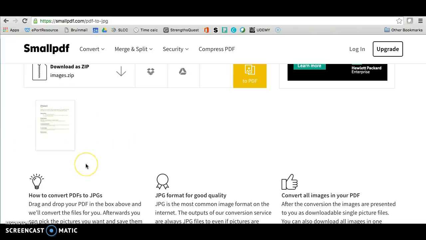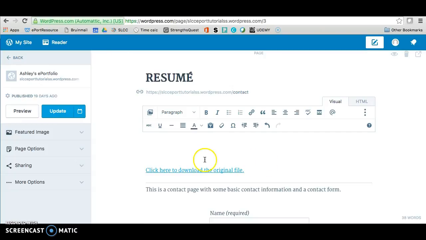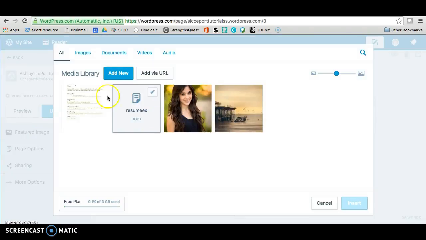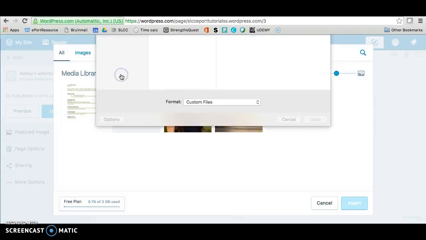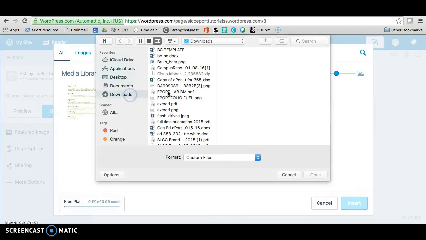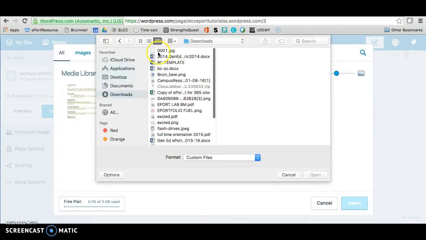If you have like 2 pages, it's going to give you one here and another one here. If you have 3, it's going to give you another one, and so on. So you just need to download every single file so that you make sure you have all the pages. So since I only have one, I'm going to download the one file. And then when you add it in here, it's usually under your downloads, so you just add new. You go to downloads, and usually it's a number like this where it's